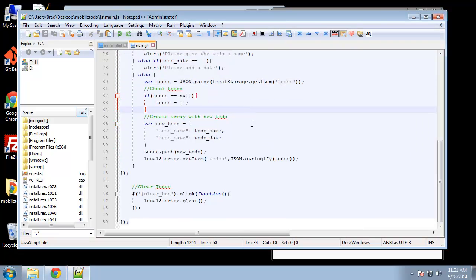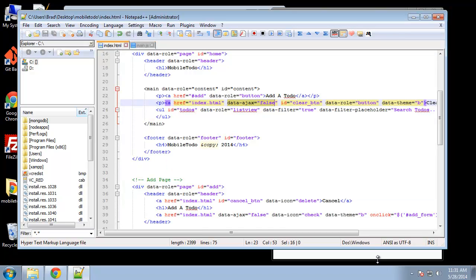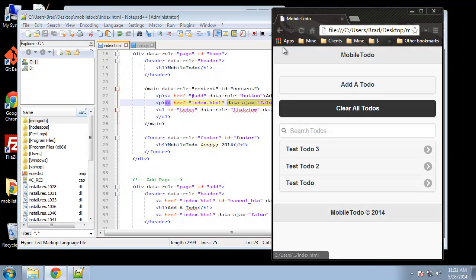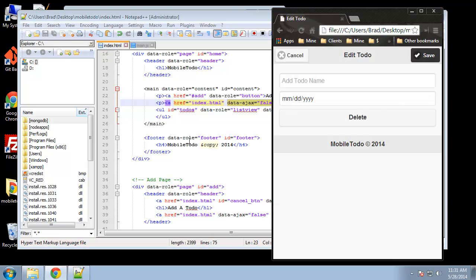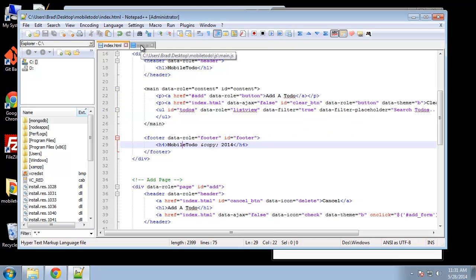So if we go to our JavaScript file, what we want to do is, when a to-do is clicked, we're going to have a handler, and basically we're going to set those items. Okay, so for whatever we click on, that's the event, that's the to-do name and date that we want to be current. Okay, so in our JavaScript file,